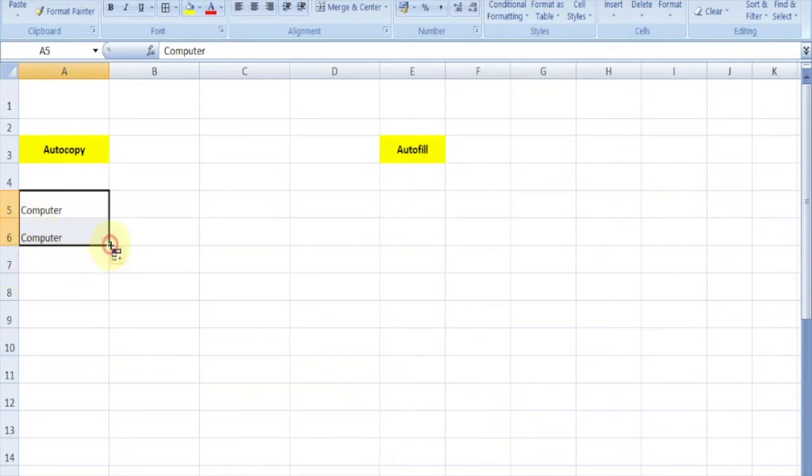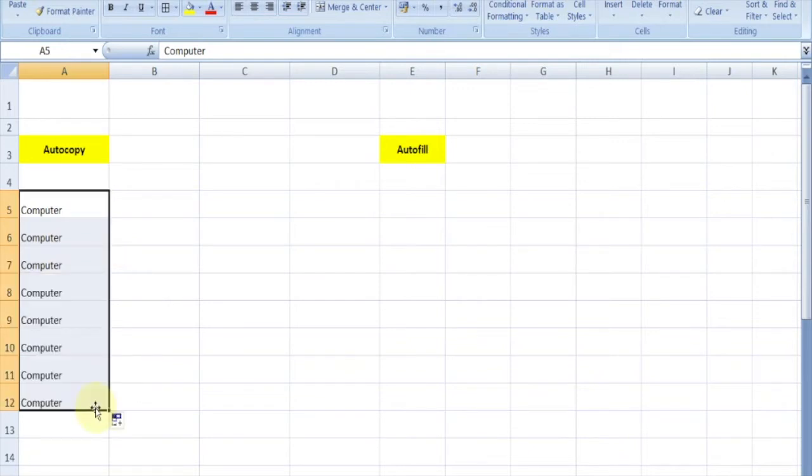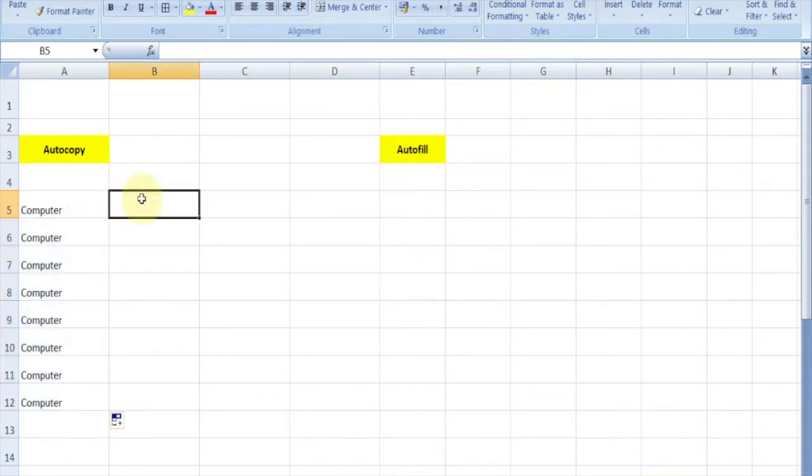If we drag this handle to very many cells, we get this computer in every cell. This is called autocopy. Here text is copied to more cells. Suppose here we write application and deselect this cell, and here we get a fill handle.